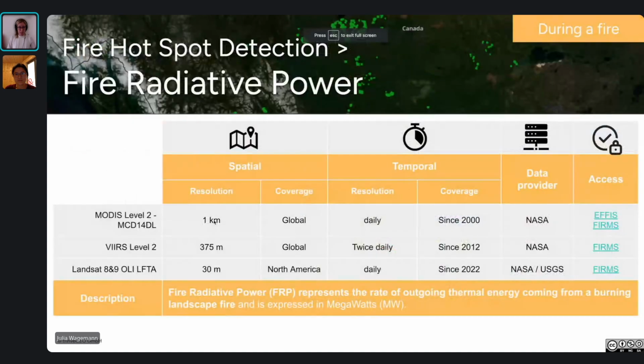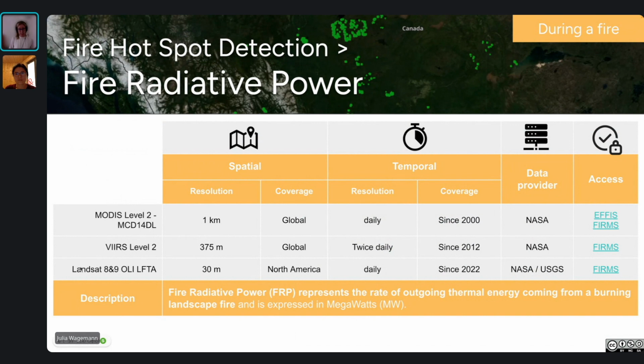then again, we have here also a data fact sheet that gives you more information on the specific data FIRMS offers. So FIRMS offers, as I said, for fire radiative power, like for the fire hotspots, 3 different satellites with 3 different resolutions. And these 3 different resolutions really allow you to capture all the potential fire hotspots that are observed.